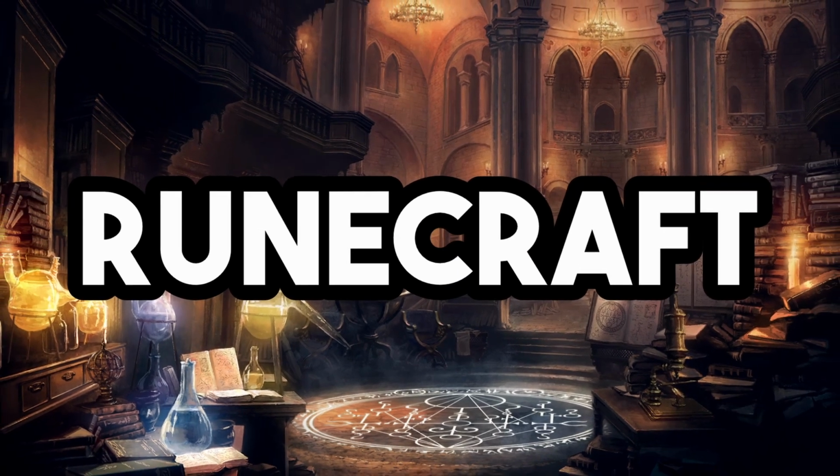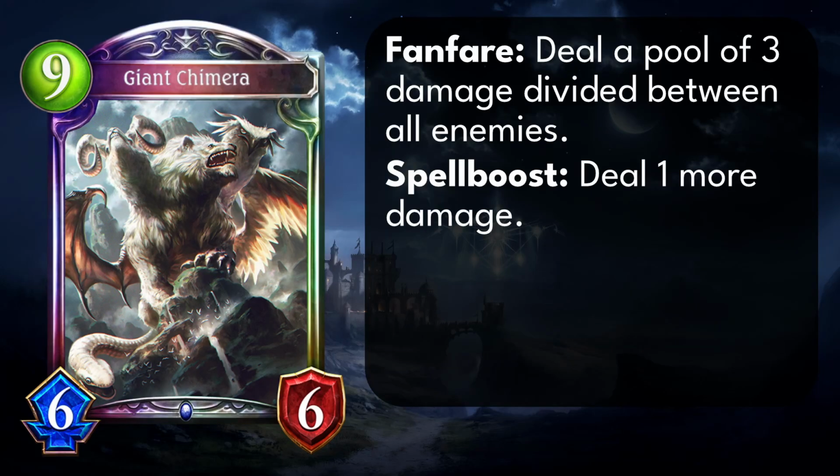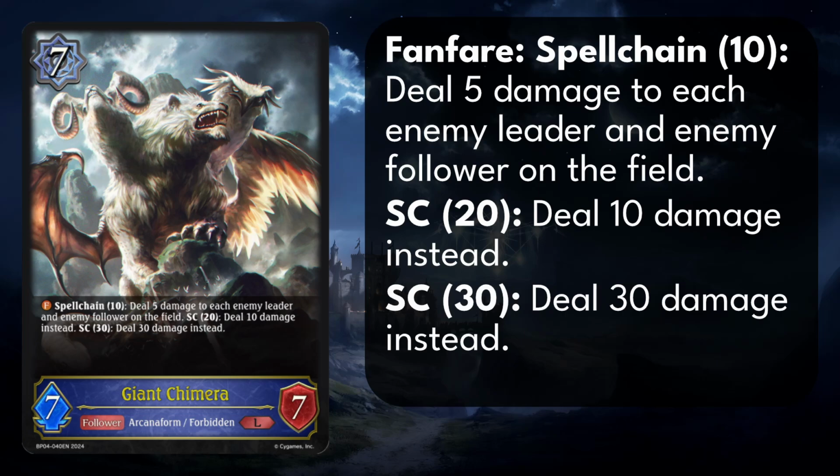Giant Chimera was emblematic of spell boost back in the day, a massive finisher that scaled based on the aforementioned mechanic and could end games in a single stroke. Now, of course, in Shadowverse Evolve, we don't have spell boost. We have Spell Chain. So instead of a variable sliding scale, this new version of Chimera has certain breakpoints at which it deals more damage depending on how many spells are in your cemetery. To make up for it, the card now does the same damage to all enemies rather than split between them, keeping the effect pretty much as close as it can be to the digital version, while also making it a